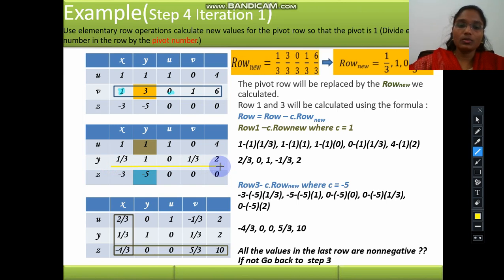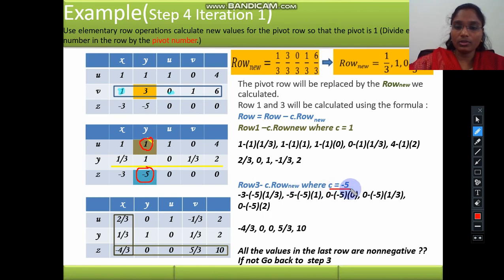And also we need to update the other two rows. While updating the other two rows, we take a C value, which is the value present in the pivot column. So for updating this particular row, we take the C value as 1, and for this row the C value is equal to -5.